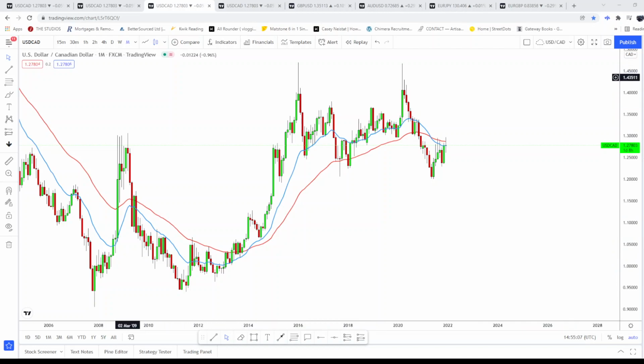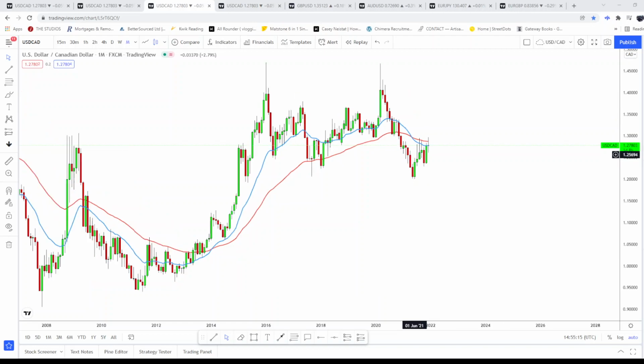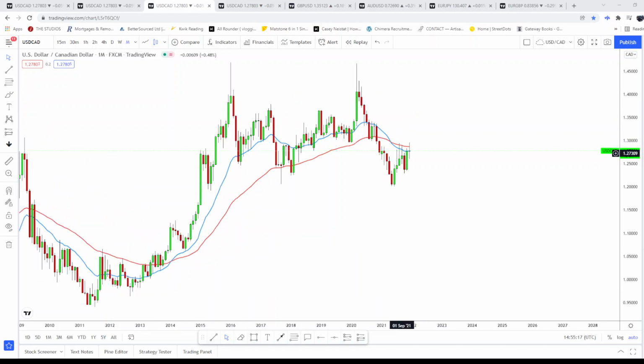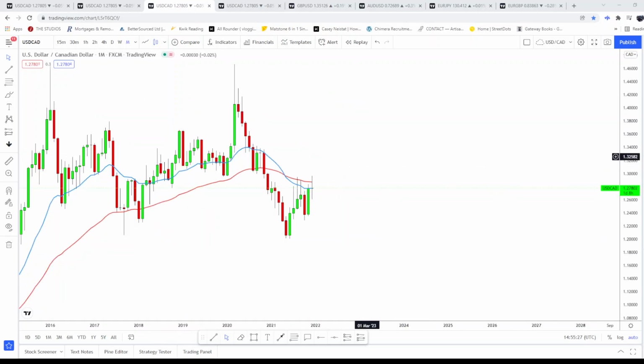Here I'll be showcasing USD CAD and going through the different time frames to see what's going on in the market. Here we can see that the month of December is currently still a doji. It's gone up and it's gone down, but it's surrounding that blue MA moving average, and we can see the red MAs have actually crossed over, and there's been a few wicks rejecting that area.